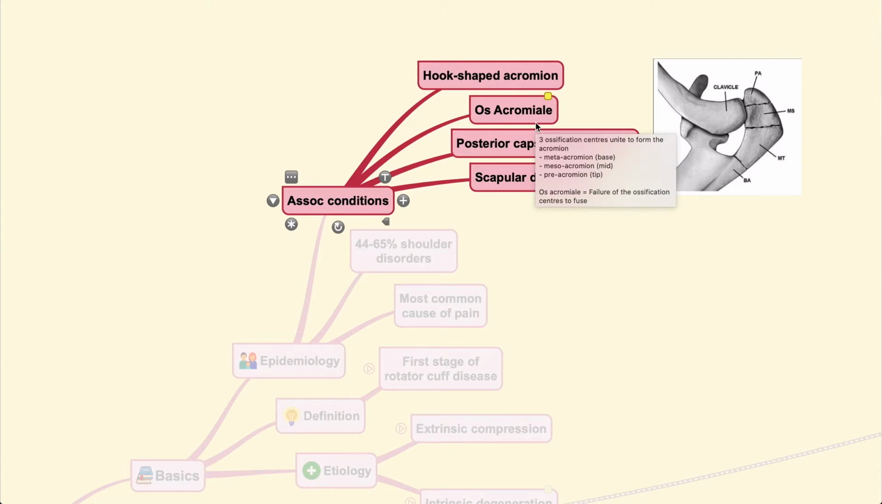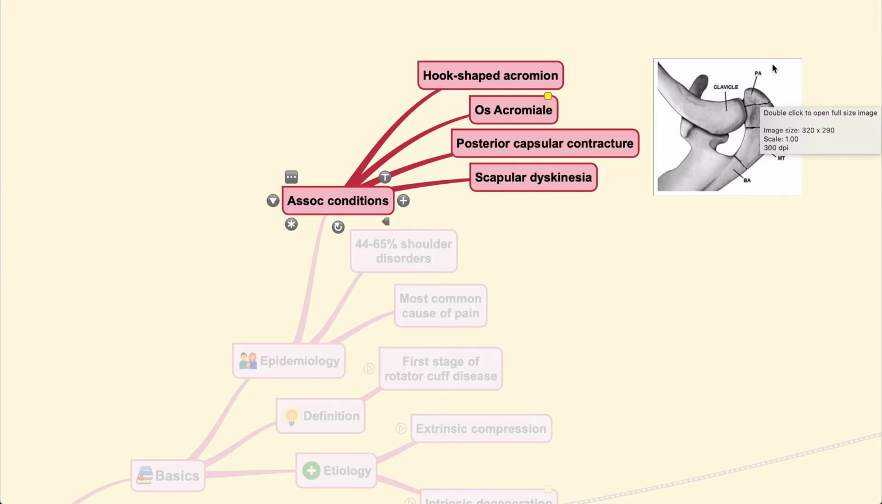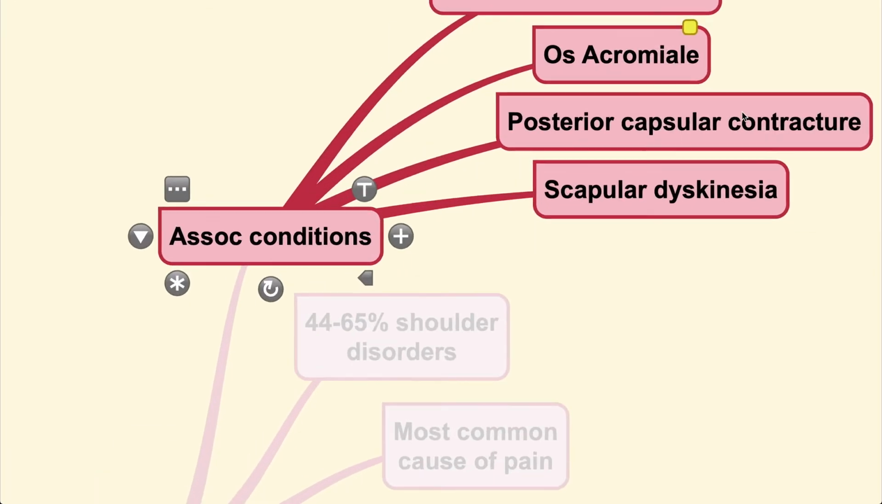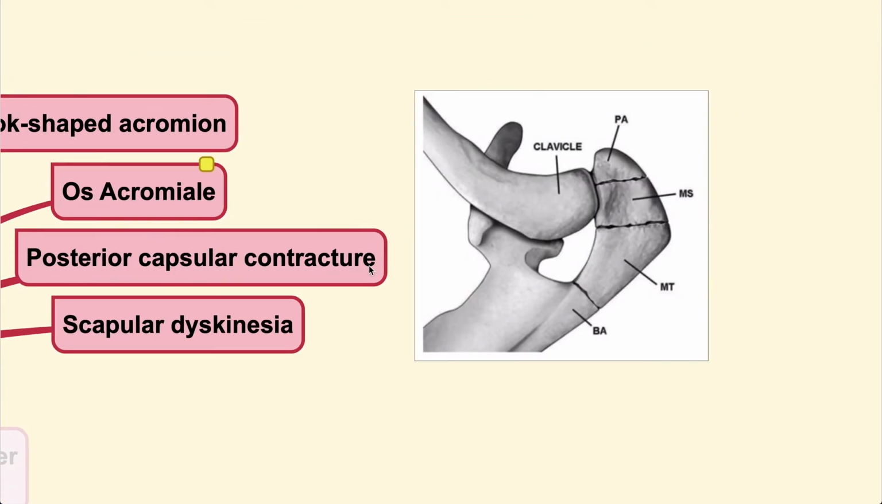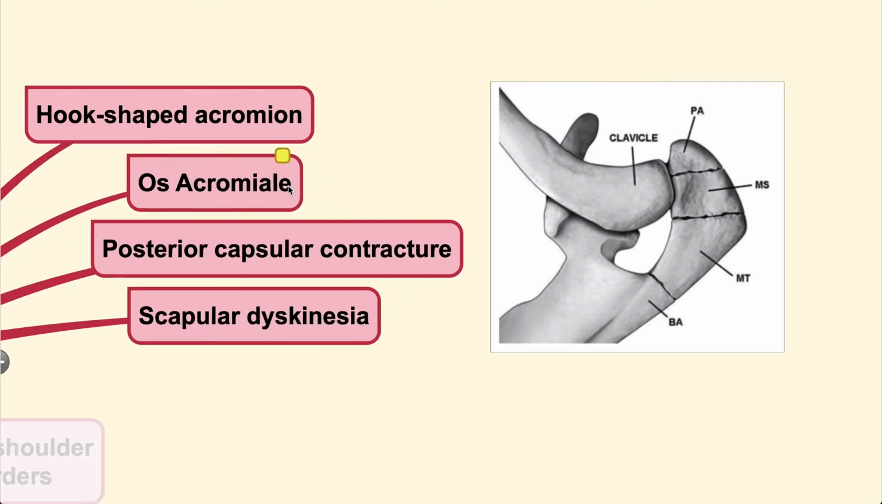You could see here that the ossification center of the acromion can divide it into the preacromion, this one here, which is the tip of the acromion, and the second part would be the mesoacromion, this one here, which is the middle part, and also the metaacromion at the base of the acromion. So failure of this fusion will cause the formation of os acromiale, and is also associated with the conditions of